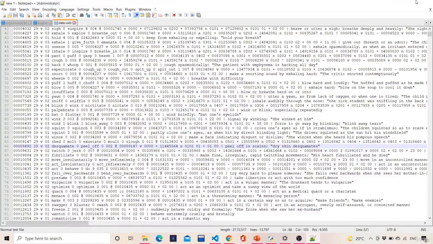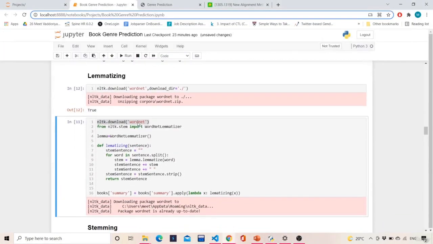Okay, so what lemmatizing will do is skip all the words which give the same kind of meaning, and convert them into a single word. For example, running, runs, all those convey the same meaning, right? So it will take a single root word and truncate all the other similar words. So that is the meaning of lemmatizing.